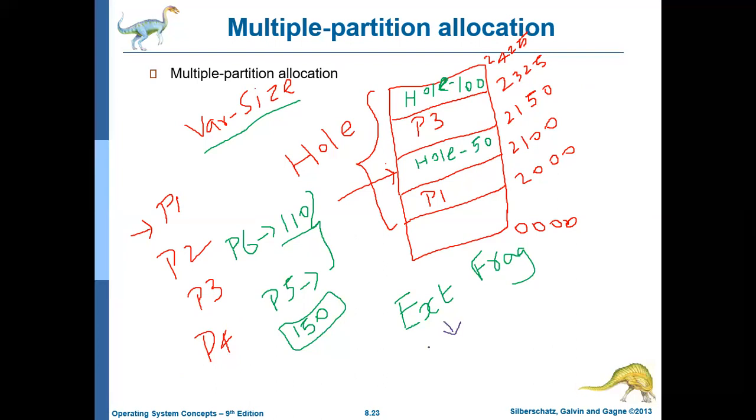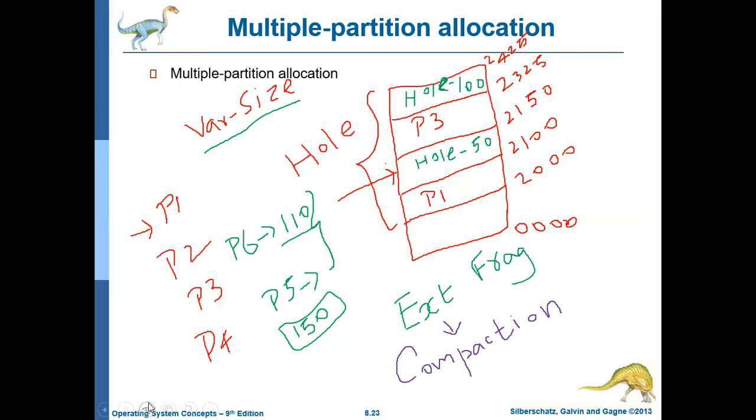So external fragmentation can be overcome by using a technique called compaction. Okay. So what is compaction? Let us see. There is a technique called compaction, and using this technique, the problem of external fragmentation can be rectified. How? You just move all the holes to one end and all the processes that are executing to another end.